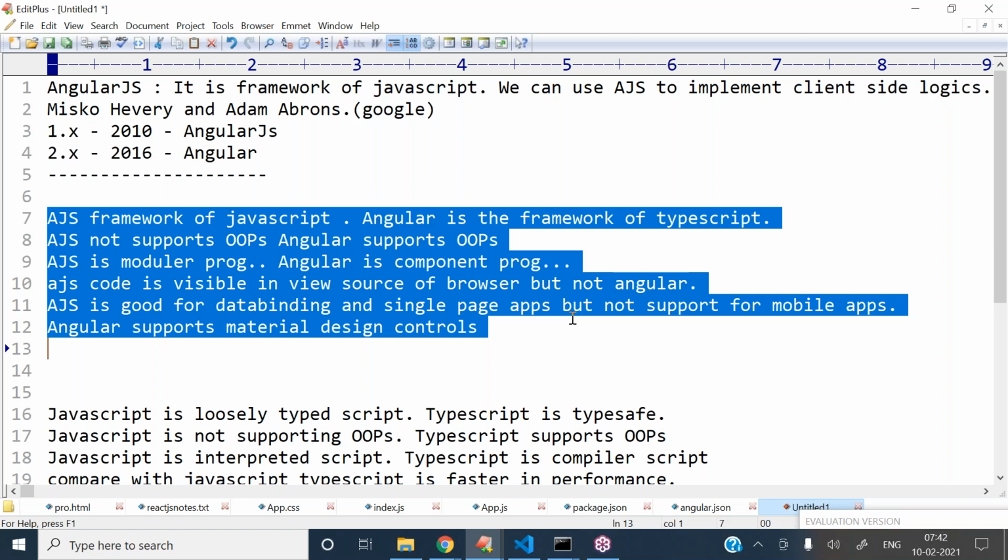Some advanced material design controls are available in Angular, but not in AngularJS.